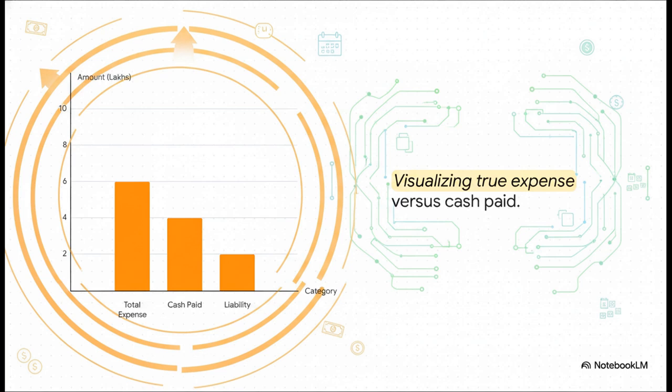And we can see that exact same concept play out at a much larger scale with employee salaries. Say an employee worked for you for a full 12 months. Their total negotiated salary for the year is 6 lakhs. However, cash has been kind of tight, so you only actually handed them 4 lakhs in cash during the year. What's your true business expense? It is not 4 lakhs. Your true expense for the year is 6 lakhs because they worked the full year. You record the 6 lakh expense, the 4 lakh cash out, and that remaining 2 lakhs gets legally recorded as a liability, money you still owe. This gives you a flawless, totally accurate picture of your real obligations.